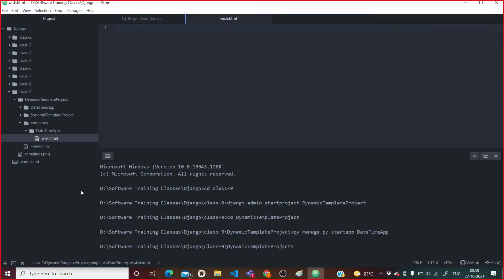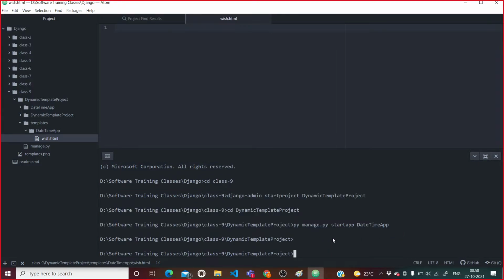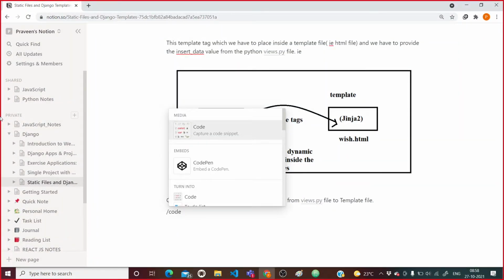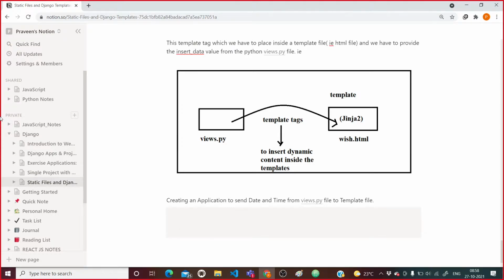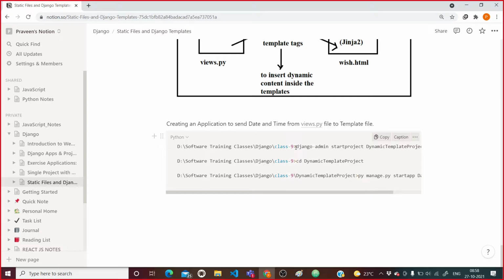So what I will do, I will just copy this. After copying, I will come here and remove this thing.